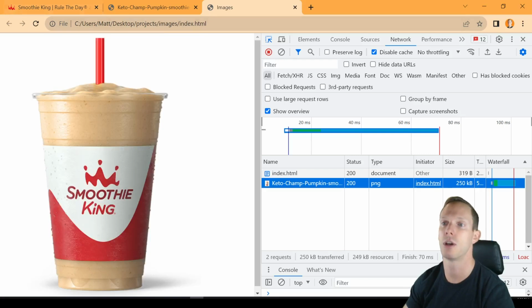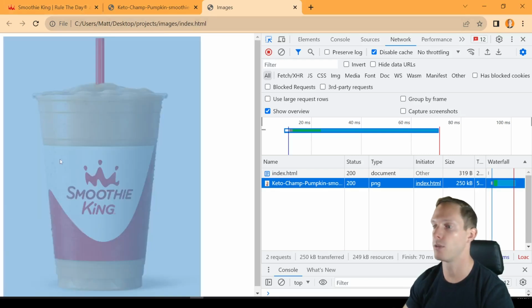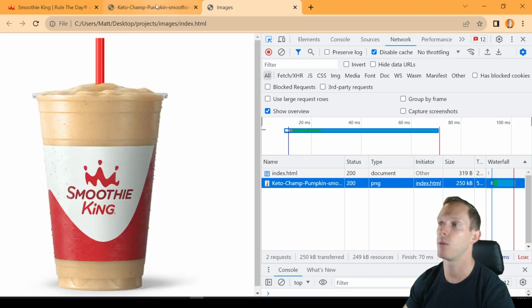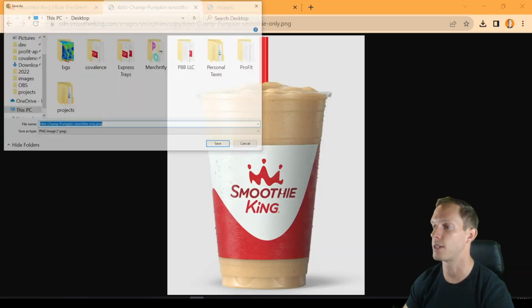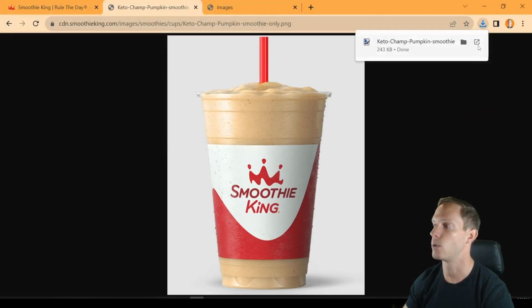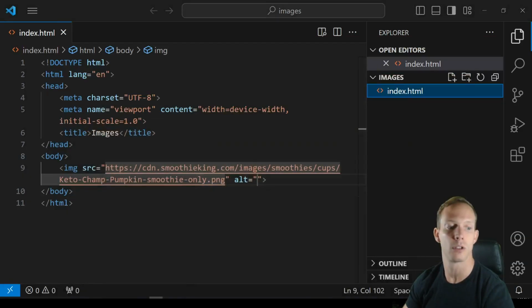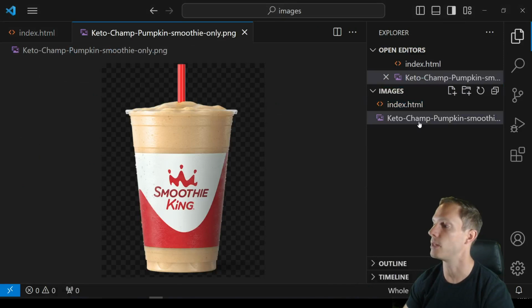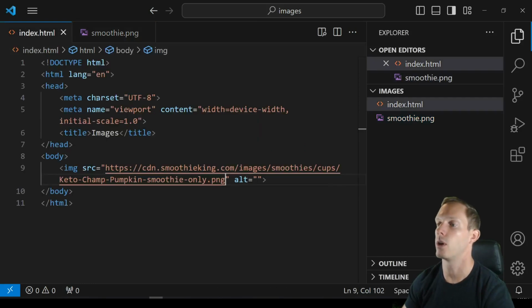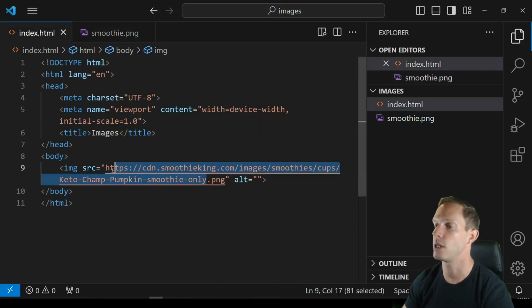Now, since Smoothie King is hosting this image on their servers, if they decide to remove this image, then all of a sudden our image on our site would break. And so if you want to prevent that, what you can do is just right click and save the image as. We'll save it to our desktop. And then we are going to copy this image into our own project. Let's just rename it to be Smoothie, and we are going to now just change this to be